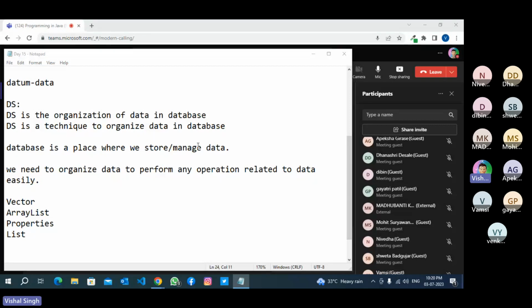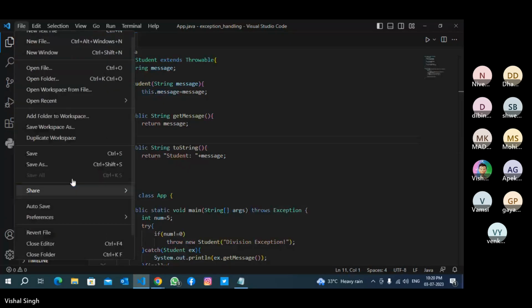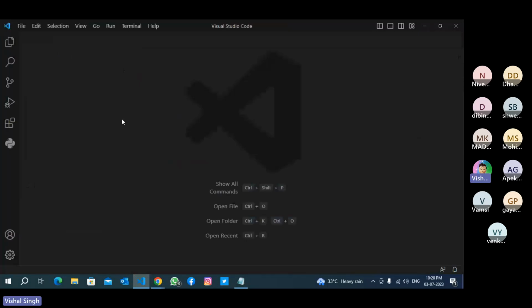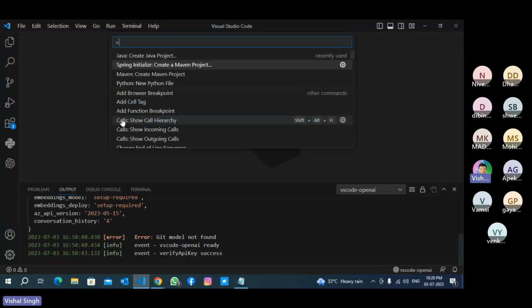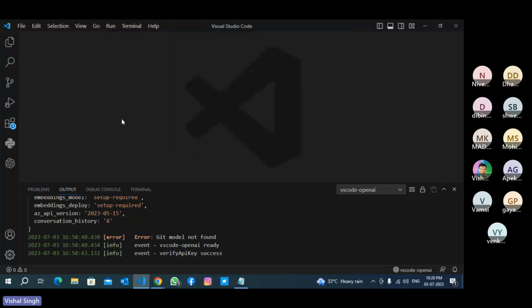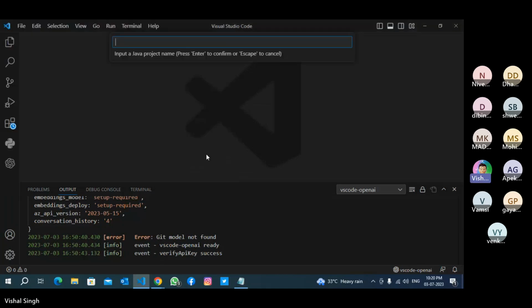So let's create a project. Close folder, Control Shift P. Create Java project, no build tool, on desktop, select the project location, and name it data structure.